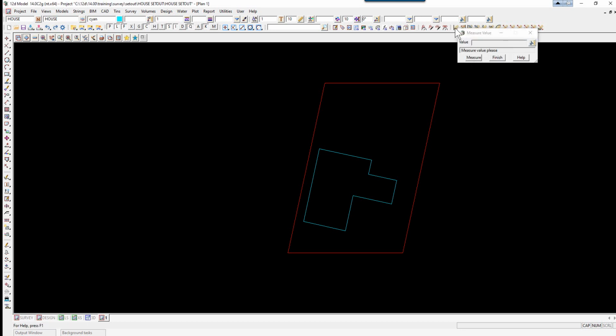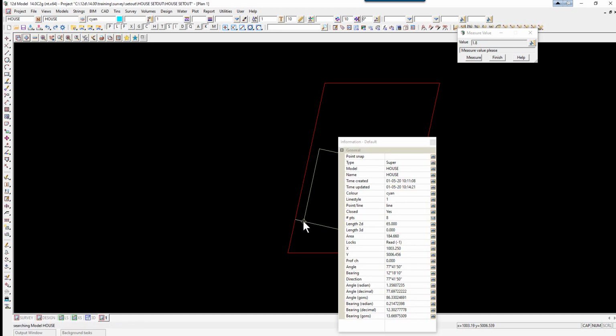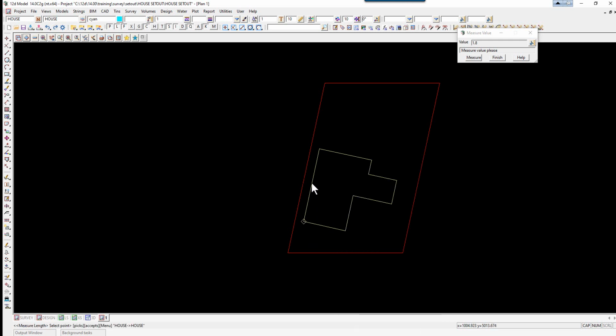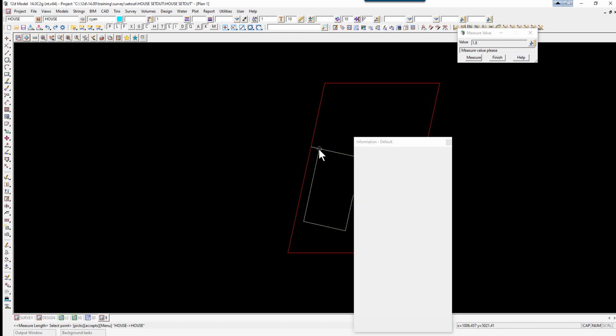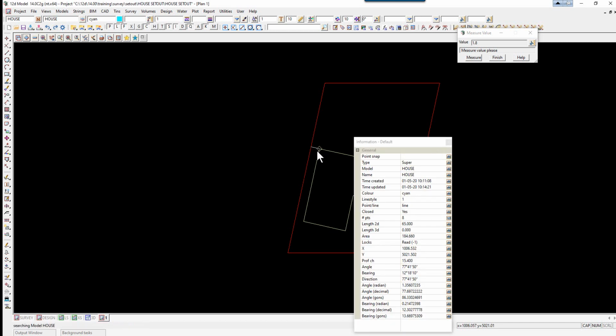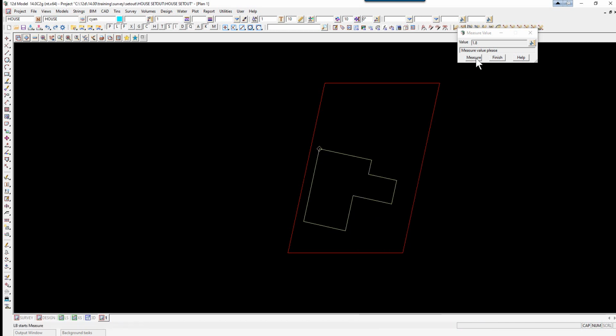So if we click on this option, now we pick on the left boundary and accept, and if we pick on the front corner, and you don't need to accept, then in the panel up on the right you'll see that the value is 1.8. We can simply now slide along the screen and left click on the back corner, again it's 1.8. Now we'll just click measure again, so we may do from the back. So here we're going to the back corner and you'll see that it's slid the